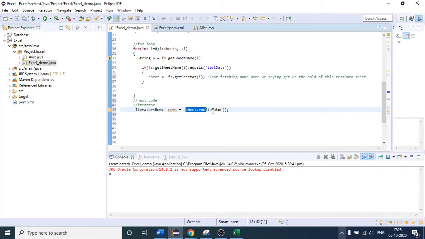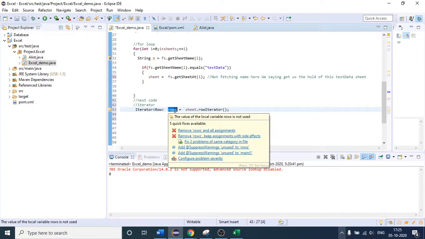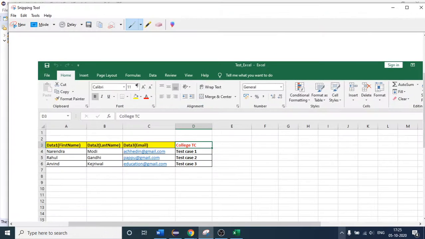This will return an iterator over the rows, and we are catching it here. Let me show how this will work. I have already taken one inspiration for the same. When we get one iterator, suppose this is our iterator where I have cached it. This iterator will help us traverse each and every row present inside this Excel workbook. As of now, it is not pointing to any of the rows.